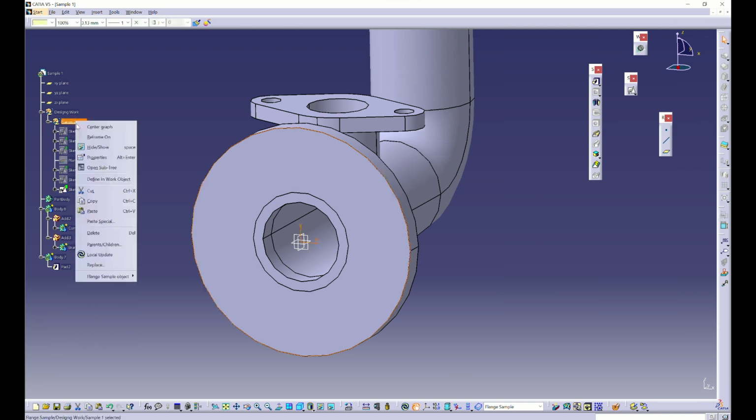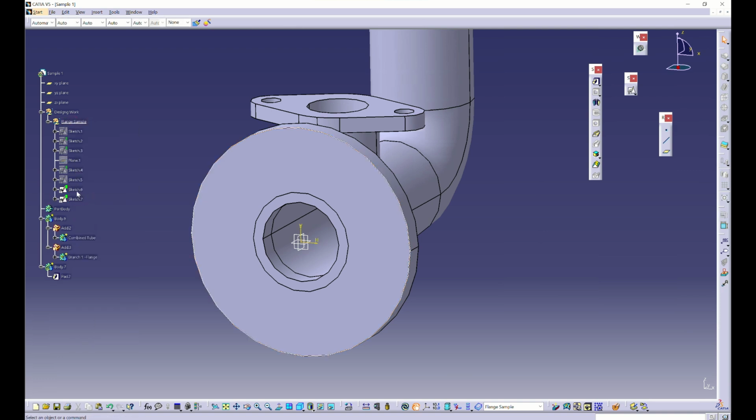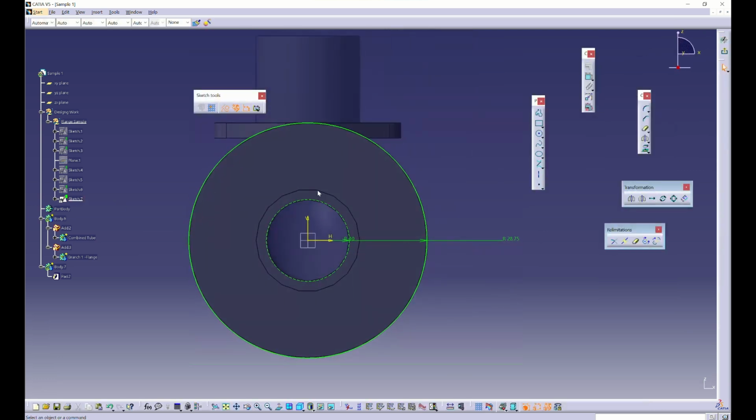Copy, then paste. Okay, then I will hide this one. Oh no, I will get inside the sketch. Then since I have this one,